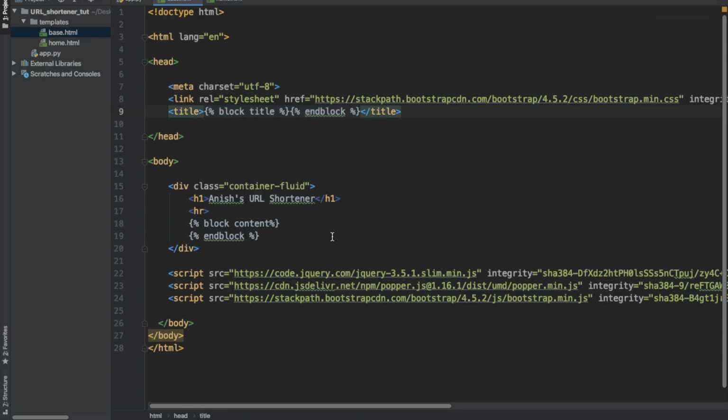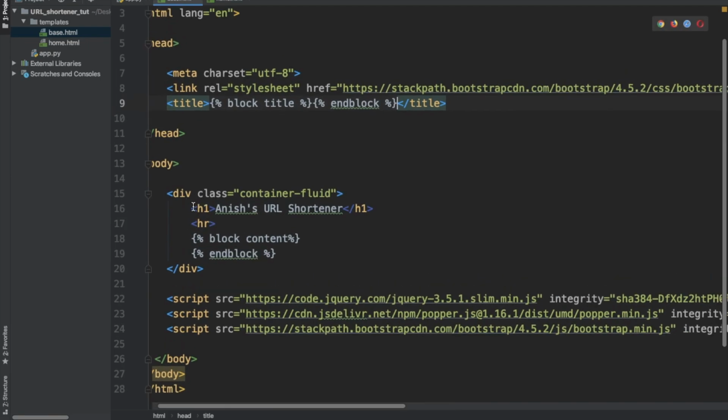Another example is, as we have over here, our body. And what does this mean? We put everything inside of a div. The only reason for that is so that everything looks a lot better. But over here, we have the words Anish's URL shortener, and we have a horizontal rule going by it. And below that, we have a block content and an end block. What this is telling us is these two lines of code are going to be in all of our